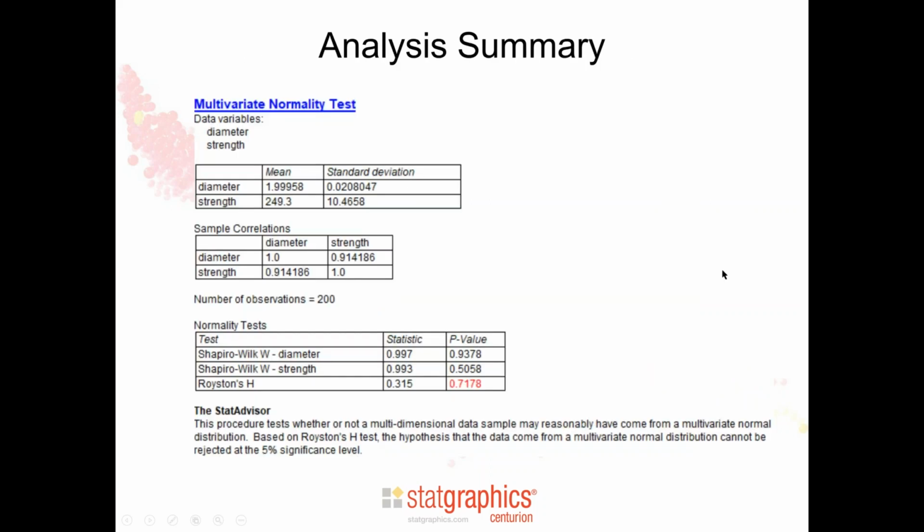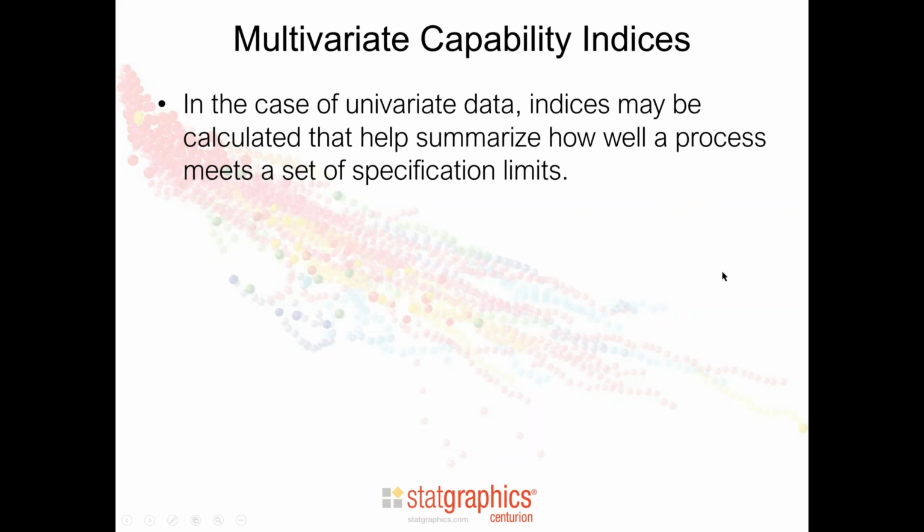Given that that's the case, I now want to calculate some capability indices. The point of a capability analysis is to determine what percentage of the product that I'm producing falls within the specification limits. In the case of univariate data, if I had simply one variable, most of you are probably familiar